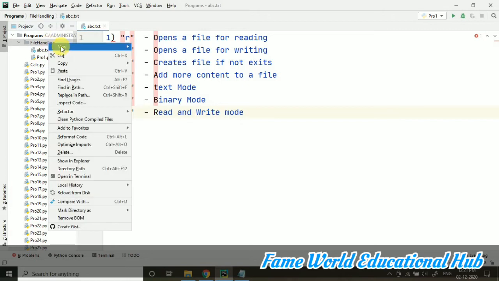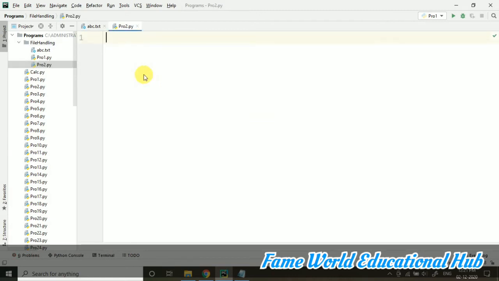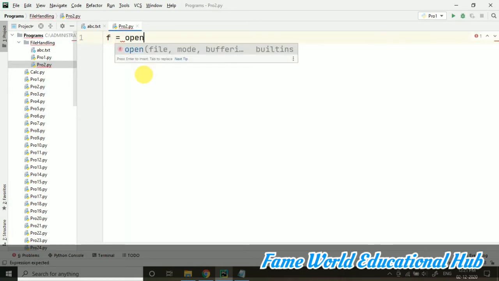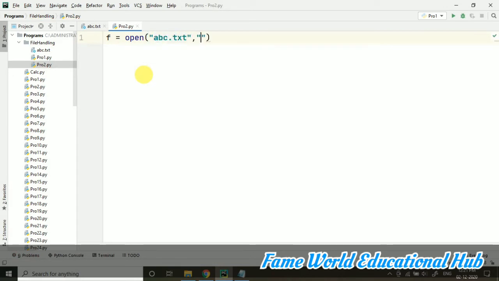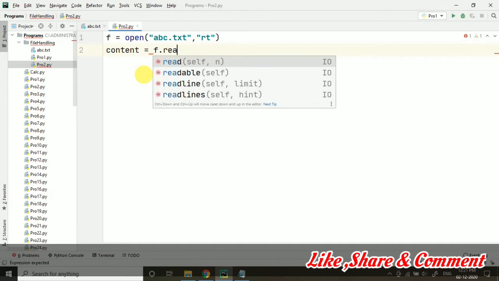Now I am going to create a new program for this particular video, and stay tuned till the end because there are very important concepts which we are going to discuss here. So first of all, f equals to open, and here I am taking abc.txt, and in the default mode which we are mentioning here, rt. So here I have taken rt, that is read in text. Now suppose I have taken content equals to f.read, and